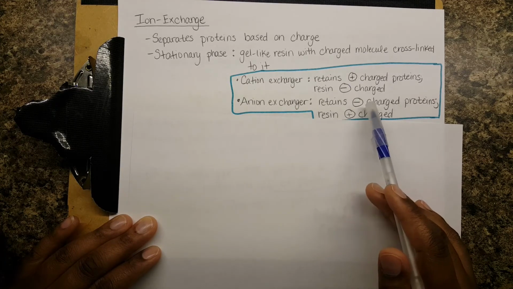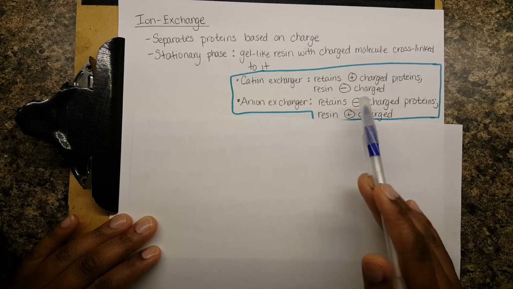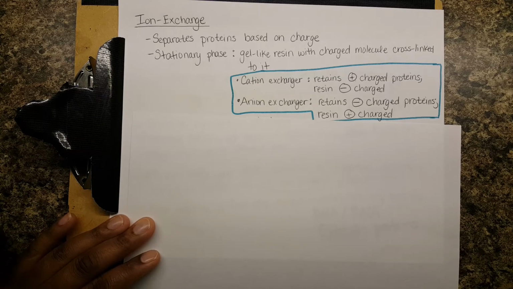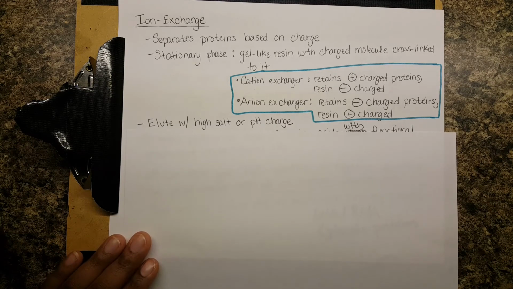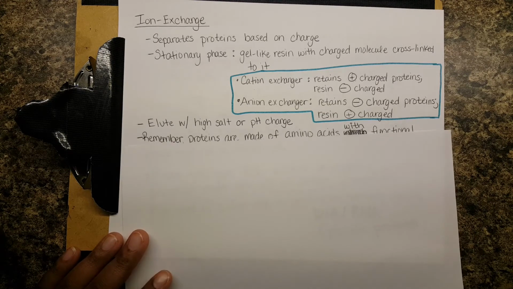Anion exchanger retains negatively charged proteins. Your resin is positively charged. So again, the anion part is for what it retains, the negatively charged particles. So here, you run your lysate over the column, you wash it, and then you use increasingly higher salt concentrations, or you use a pH change with your buffer to elute your protein of interest. So the elution is kind of similar to the affinity columns, where you're using salt or something to replace your